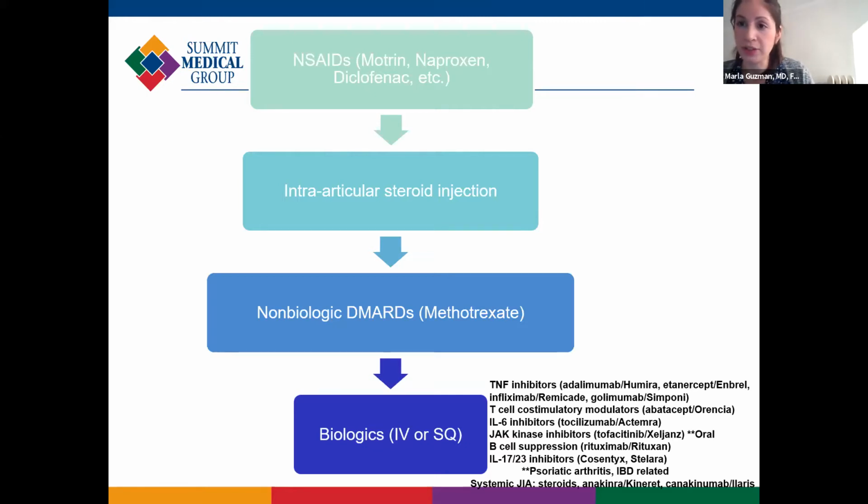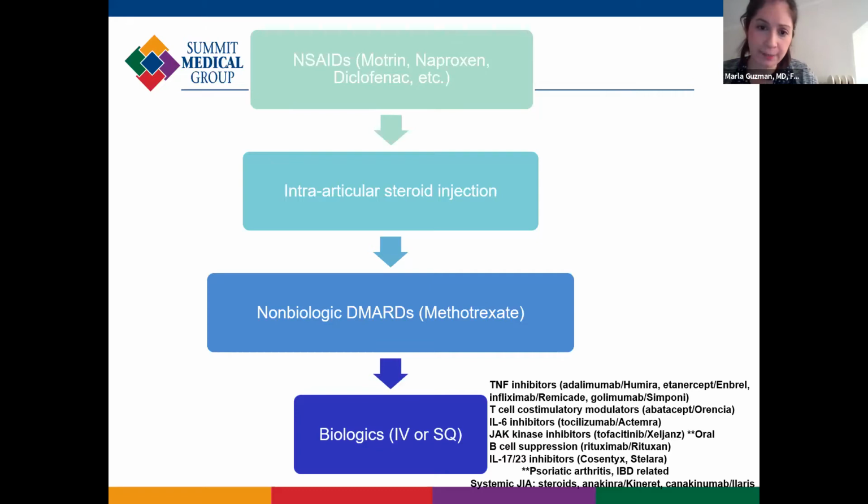So we will move on to the next step, which is an intra-articular steroid injection. This is just an injection of a steroid into the joint. It's a very minor procedure that's usually done in the office. This usually provides some symptomatic treatment for a few months. Every kid is different. Some children might improve and their arthritis might resolve with this, and some might just come back right away